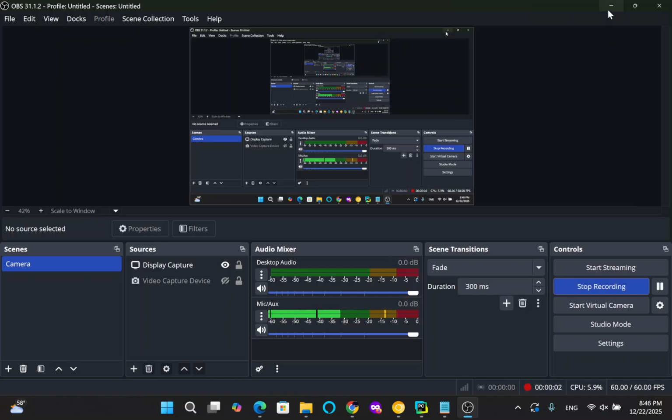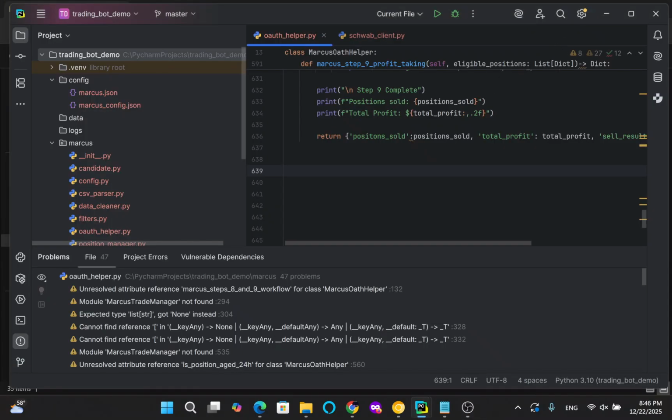Hello, this is lesson number 34 in our course of creating an automated trading solution for Schwab with Python. At last, step 9 for profit taking for our Marcus trading bot. Now we have both step 8 and step 9 ready, and it's time we combine them into the workflow for optimized and easier execution. Let's start with creating